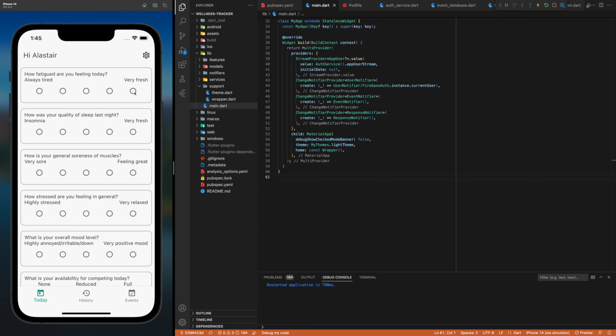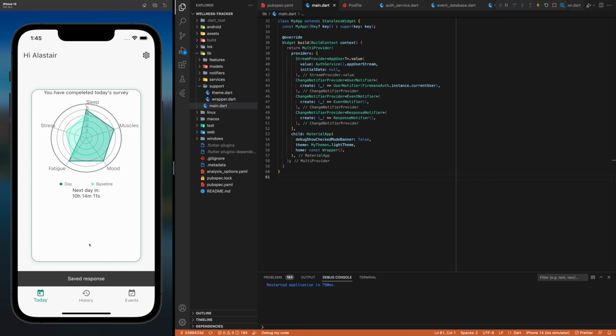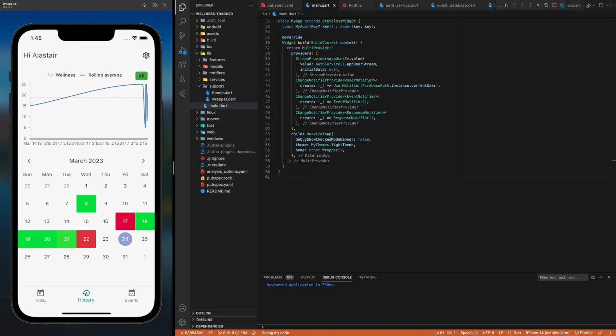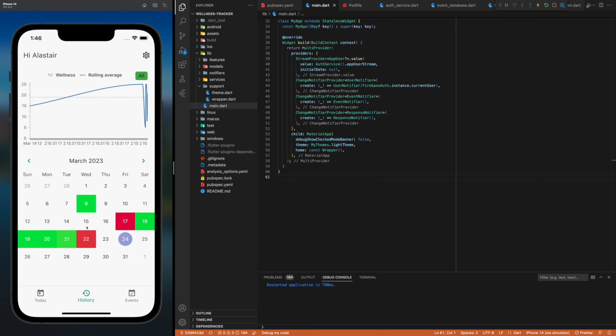In the last episode, I began the process of revamping one of my old apps, Wellness Tracker. The app is now a daily wellness tracker for athletes to help them balance their training load and recovery, as well as making informed decisions on when to do what sort of training. We left the last episode after we'd added the functionality for storing responses to the database and viewing our history